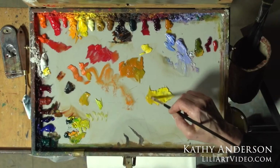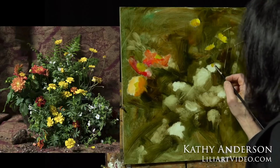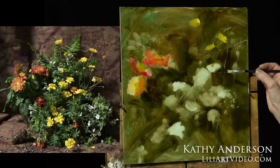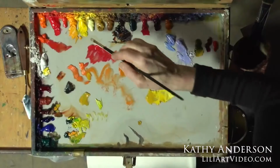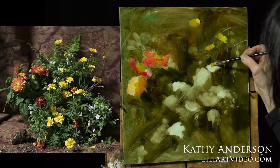So I'll start with the center. Oh, I was going to do a drawing thing. I completely forgot. I said I was going to talk about drawing. I know. So I'm going to get the center in. I did start to talk about it. That's right. I started to tell you how important the drawing was, but what I didn't tell you was,